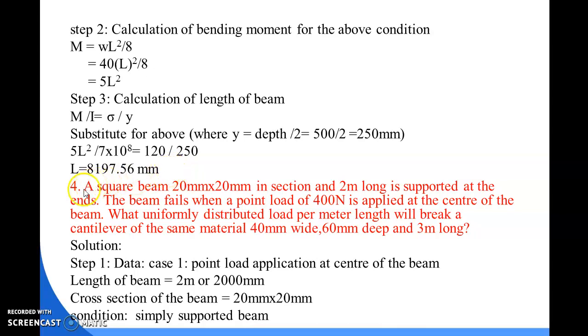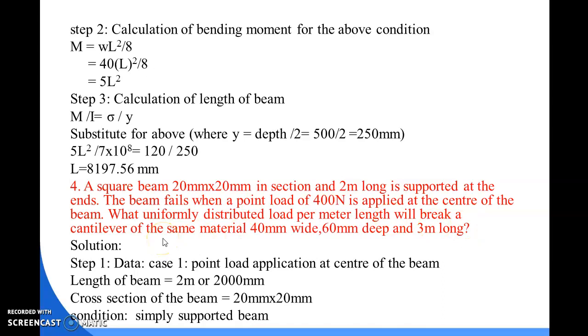Now we will solve another problem. A square beam whose dimension is 20 mm into 20 mm in section and 2 meter long is supported at the ends. That means the span of the beam is 2 meter. The beam fails when a point load of 400 Newton is applied at the center of the beam. What uniformly distributed load per meter length will break a cantilever of the same material, 40 mm wide, 60 mm deep and 3 meter long? So now,